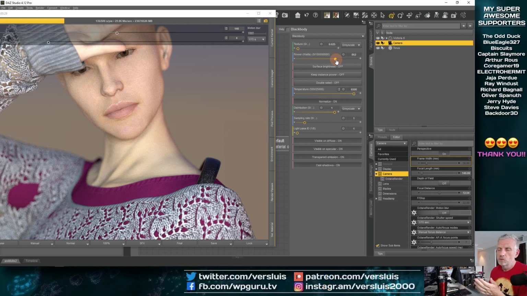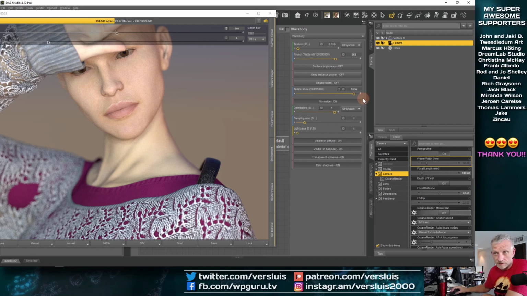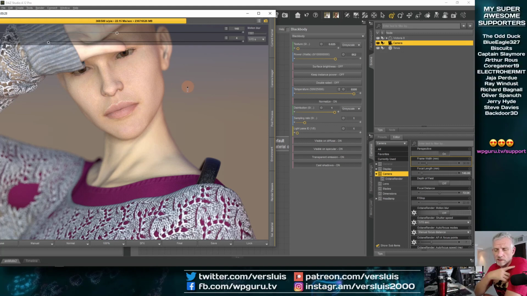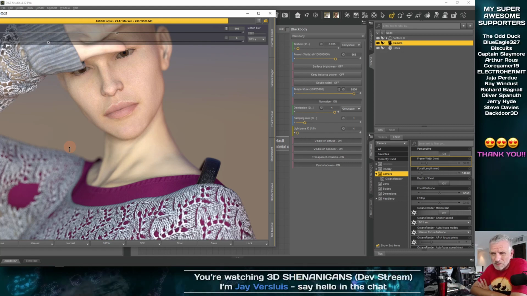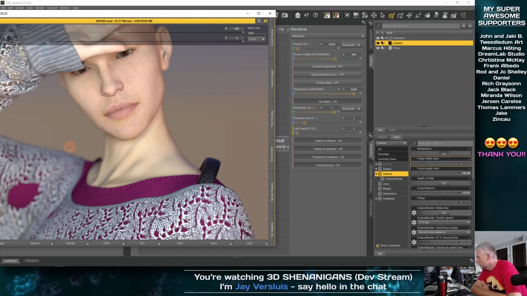We may have to move the whole camera torus thing closer to her, because ideally I'd like to see the reflections of that ring light in her eyes. That's what I'm hoping for. We may lose a bit of depth of field here, but that's okay. We may also want to have a look at the, I don't know if you can see that on the stream, but the